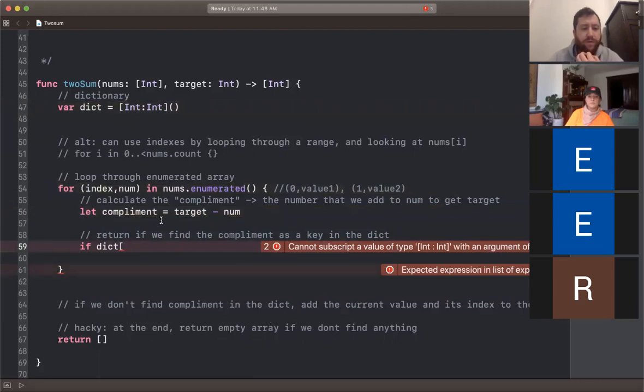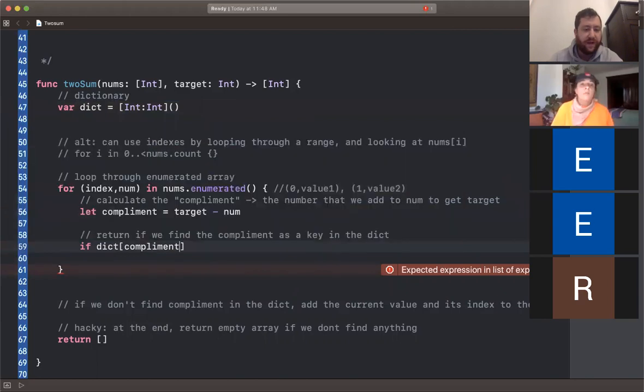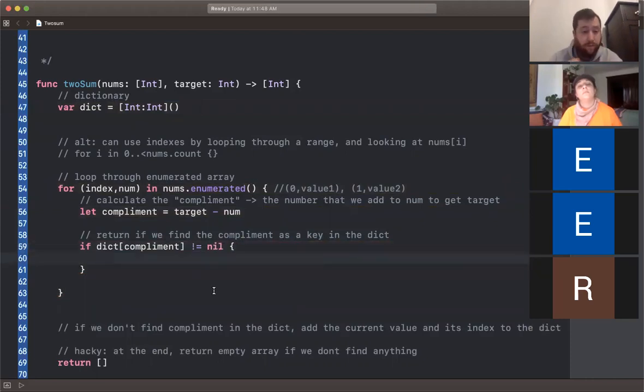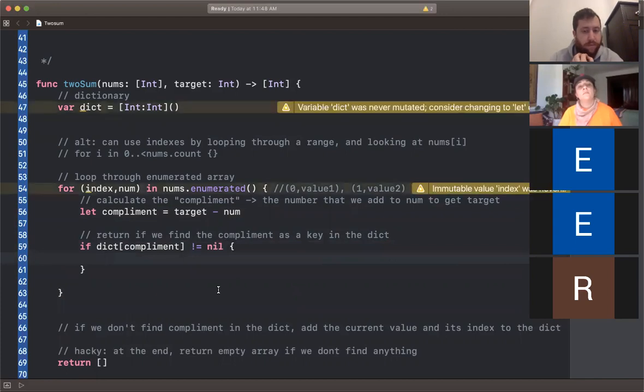Or index, or the complement? Yeah, let's go see if we find the complement. Is not equal to nil. Okay. Then return